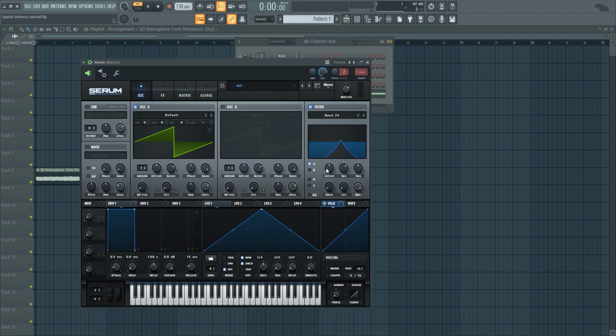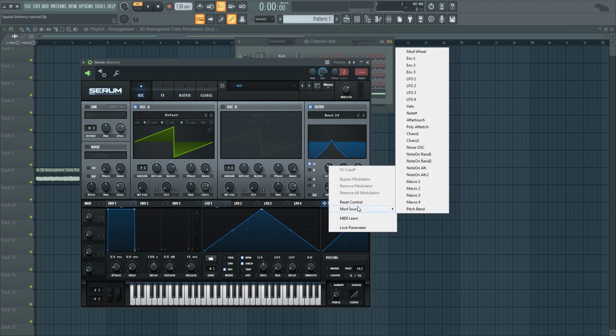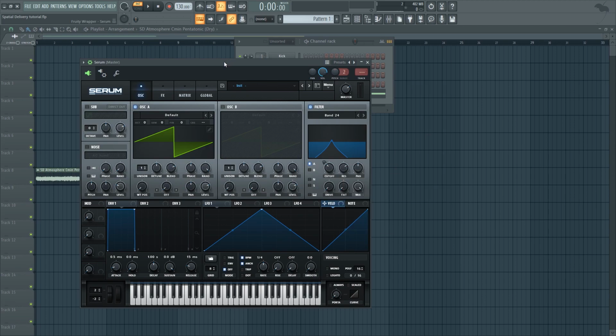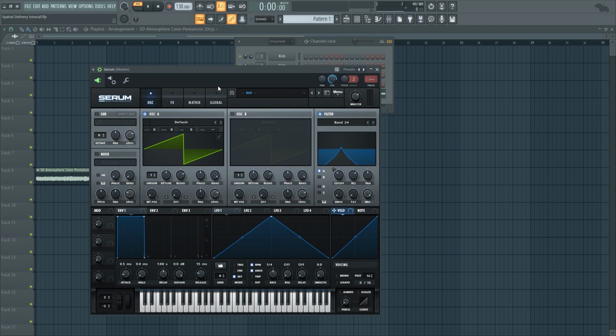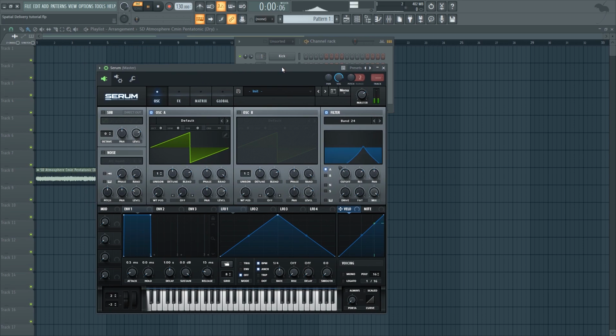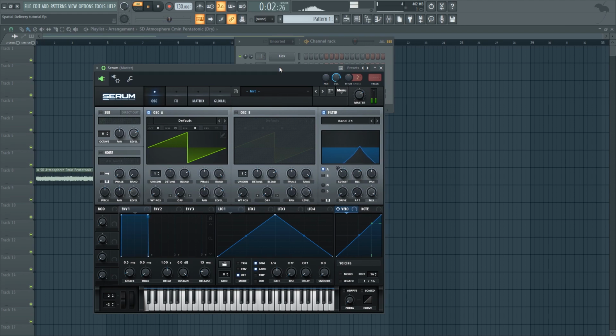And now in order to create that glitchy random movement across the frequency spectrum, I'm going to be using Mod Source and Chaos Oscillator. And basically what this does is that it goes through random values, so it's going to change the filter all of the time. But as you can hear right now, it sort of drifts into the random values. It's not like cutting different values very sharply, it's going through them. So it's too smooth for our sound.